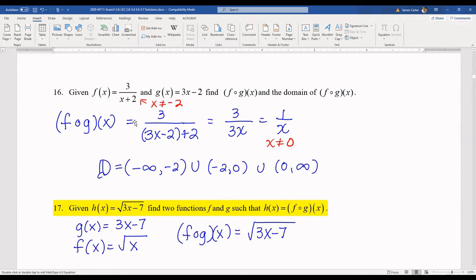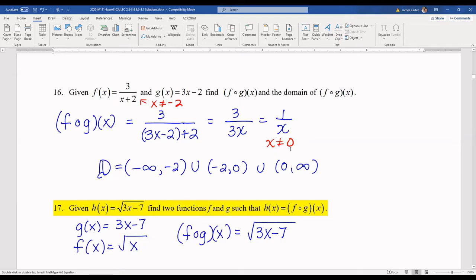Okay, so anyway, we're going to take the f equation and we're going to replace the x's with the g values here. So I replace this x in the denominator with 3x minus 2. And I start simplifying it. I get 3 over 3x, which I simplify to 1 over x. Now, in this case, I had the value of x equals -2 that I couldn't use. And because of this one, I also have the value